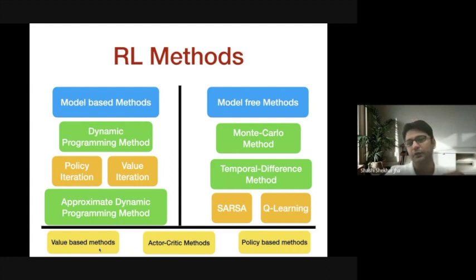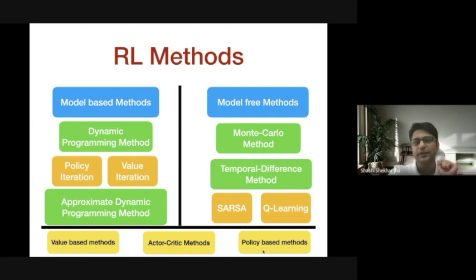A value is made up of these rewards that we have, and these methods focus on the value. All these policy iteration and value iteration methods are actually value-based methods, where they focus on some value of the state and keep on improving the value of the state. Once they converge to the true value of the state, they take out the optimal policy.